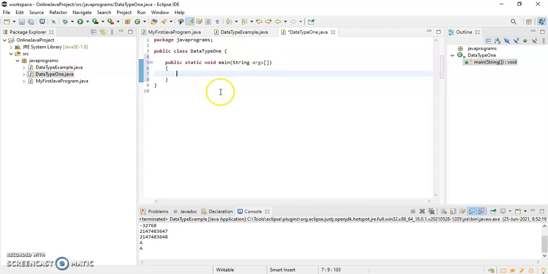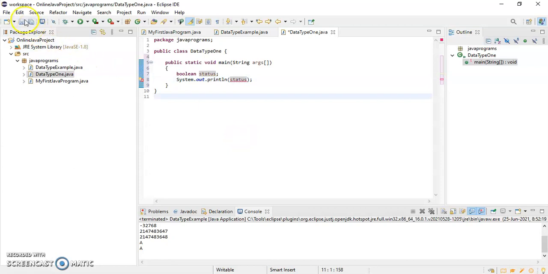Basically, if you are declaring any variable inside a method, it has to be initialized because that variable will be considered as a local variable and a local variable has to be initialized. So if you do not initialize, then it will throw a compilation error. For example, I am writing boolean status, and I am just printing status.